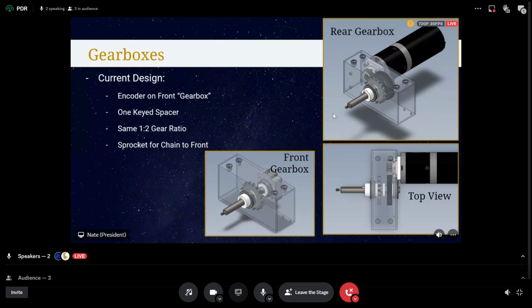Avery, what's preventing the bearings from falling out right now? There is also an E-ring on the outside one, and then the wheels on the